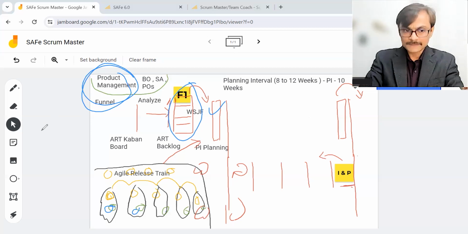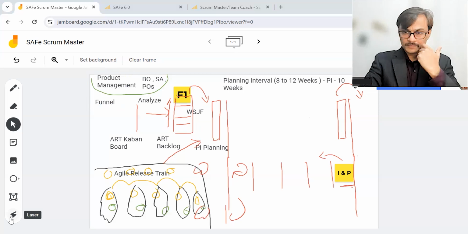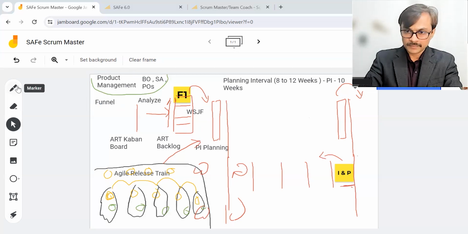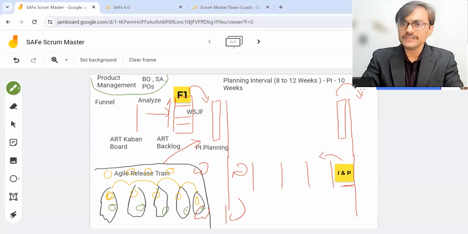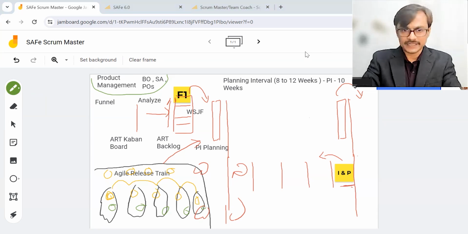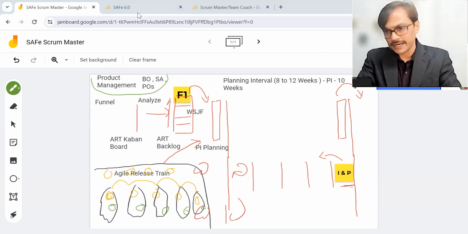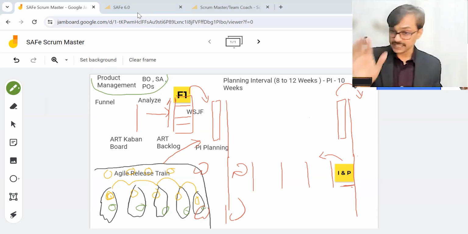Okay, and my last follow-up question related to the ART backlog, Saket, is that when you mention the acceptance criteria, would this acceptance criteria be following the definition of ready for the list of the items? There is no mandatory artifact as a definition of ready, but if it helps you to do a better PI planning meeting for your work, then you can definitely have a train level, ART level definition of ready for your ART backlog items. There is no must or not thing, but the only recommendation which SAFe tells is you need to make sure